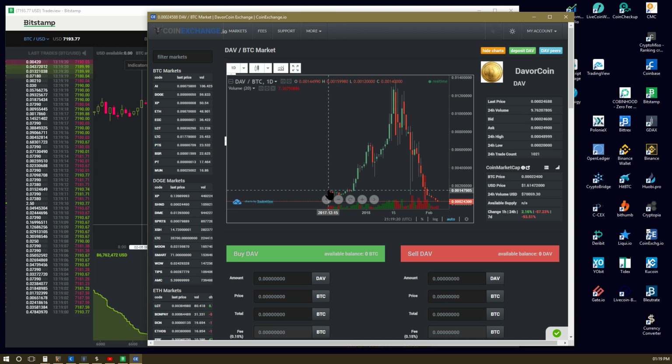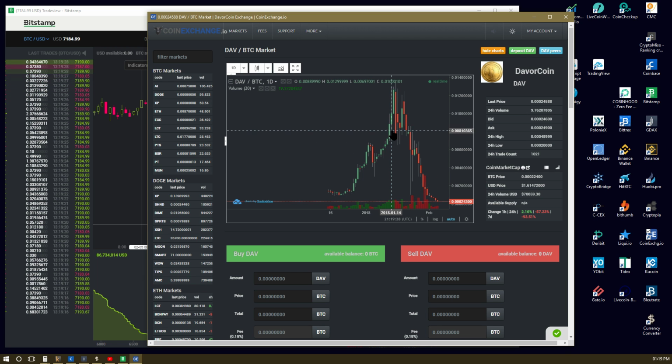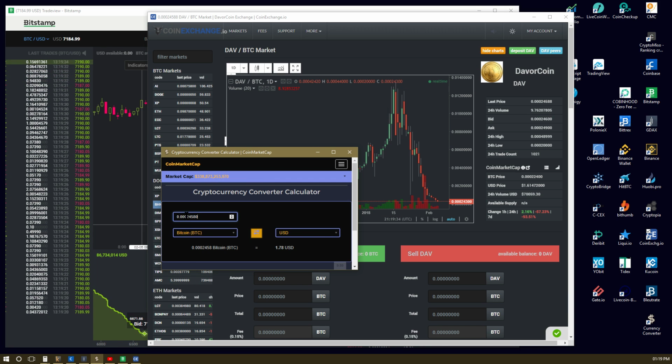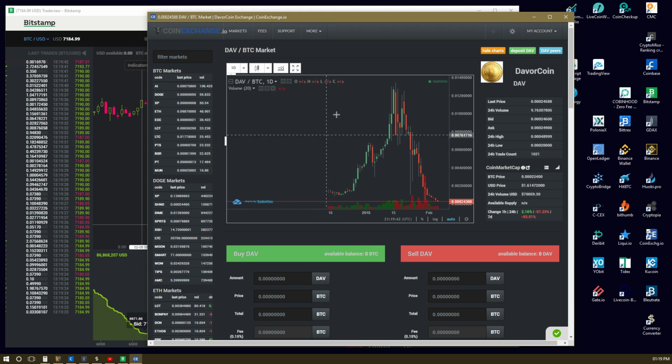Since the 15th of December to the 5th of February, right in between there, you got the peak right up here at 0.012. $86 roughly, okay?